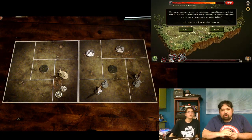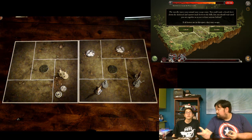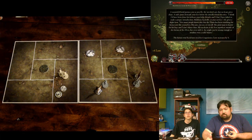Okay. The traveler waves you towards your escape route. You could make a break for it down the shelter and narrow track between the hill, but you should wait until you are together so as not to leave anyone behind. We're all here. Yeah. This might have worked out, actually. If all heroes are in this space, they may escape. Do we just click escape? Oh, shit,